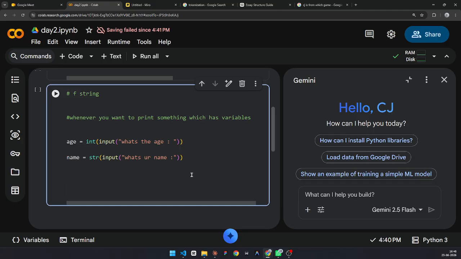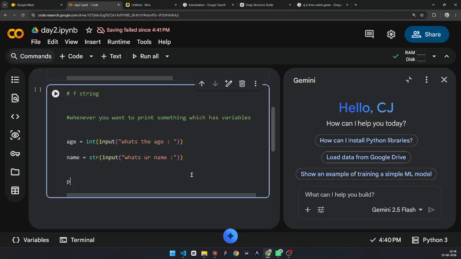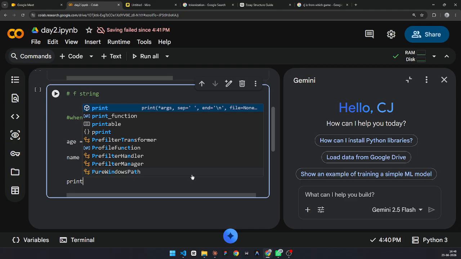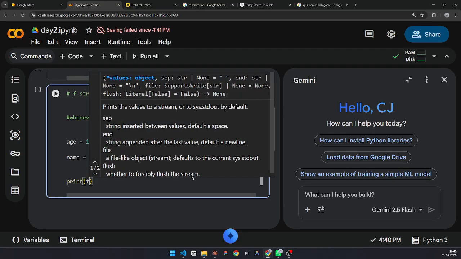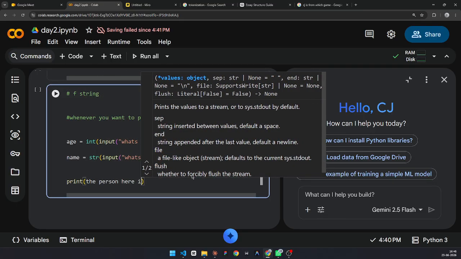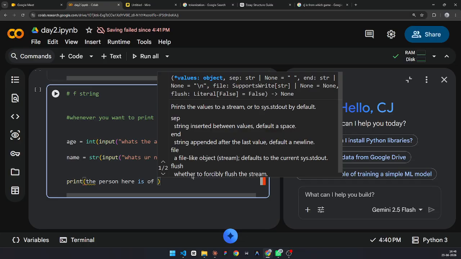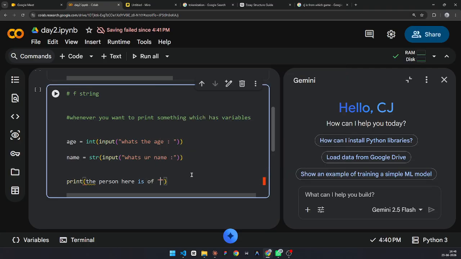Now let's say whenever you want to print something, print, let's say the person. Wait, let me enclose it within inverted commas. Sorry, I just forgot it. Comma, name, comma, age, comma.